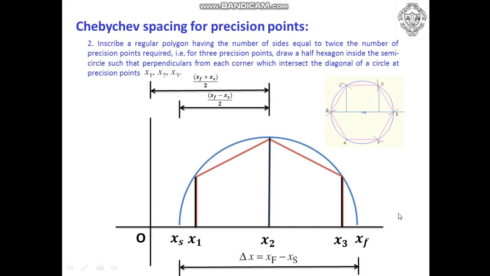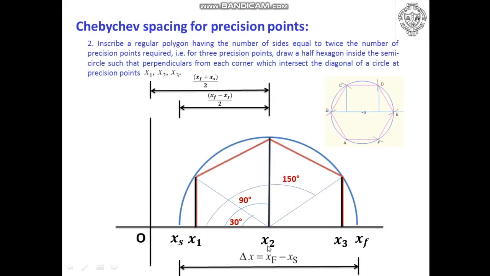Okay, so now if we consider the 3 different positions of radius r to define the position of corners of the half hexagon, let us consider the first position of r. This particular position of r will be considered as the first position, which is inclined at 30 degrees. The second position is this position for r, which is inclined at 90 degrees. And the third position will be this one, where we get the intersection of the corner of the hexagon with the circumference, and the angle will be 150 degrees.